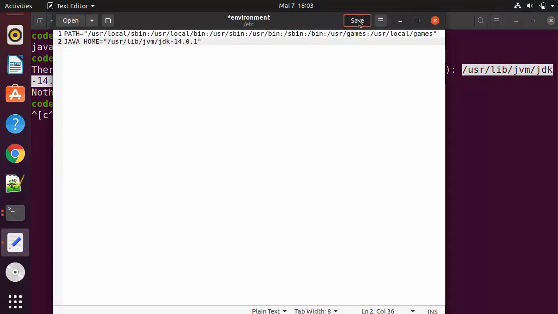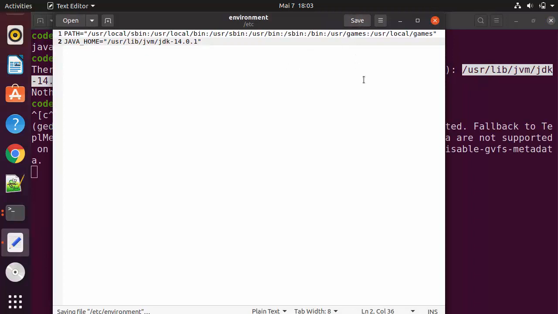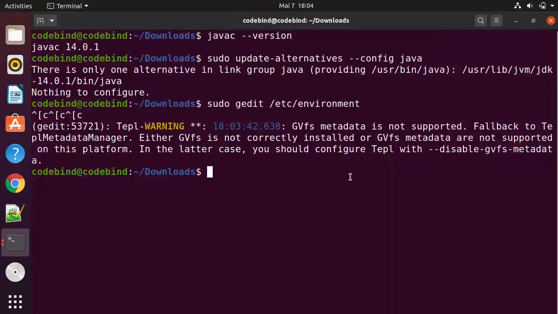Once you're done, you can save this file, and once the file is saved, you can close it. After that, you need to refresh your environment file. So we are going to say source and then the path to your /etc/environment file, and press enter, which is going to refresh all the paths there. Now you can echo the Java home path.